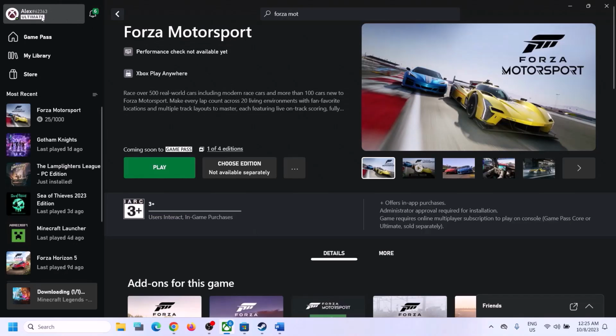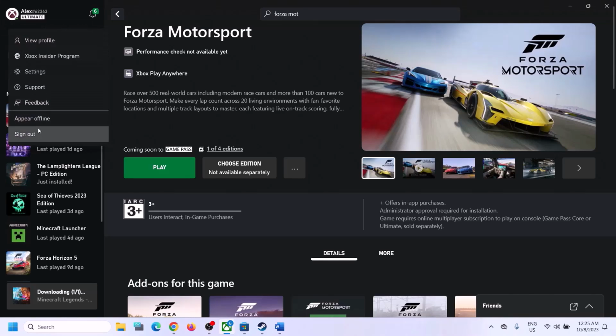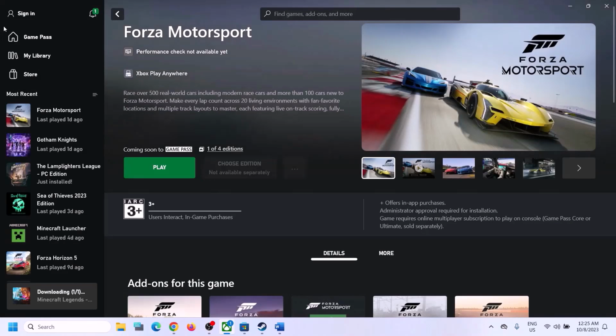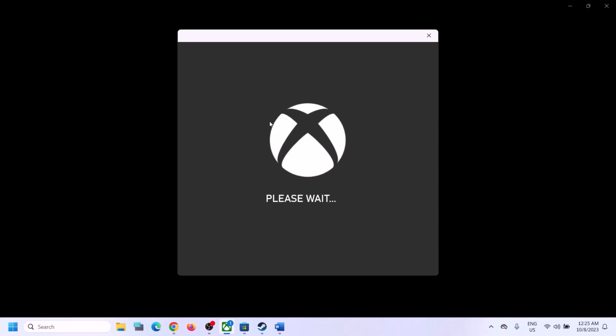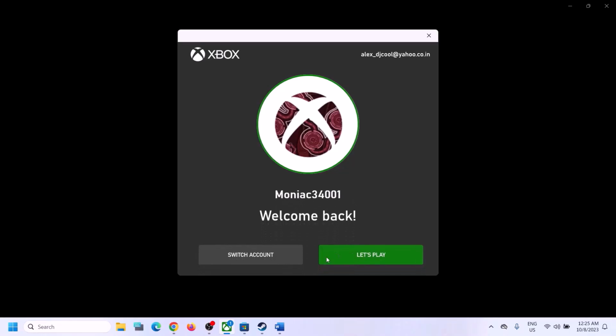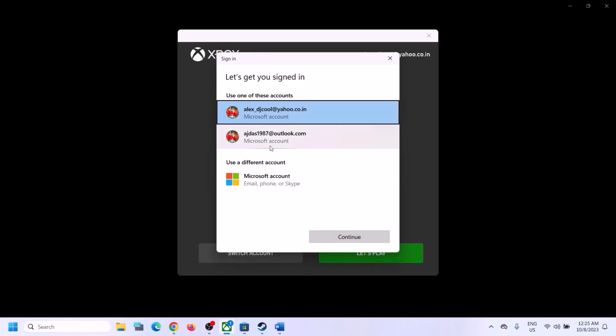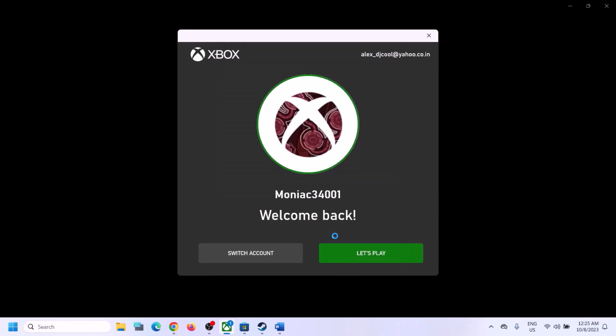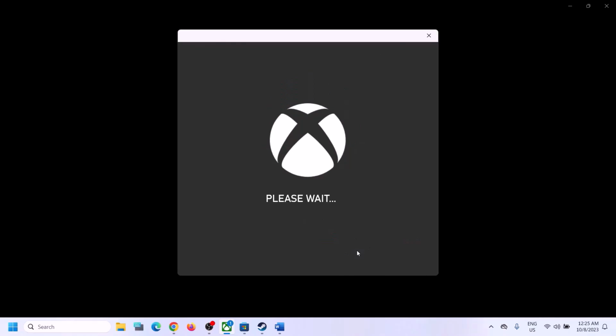Now open Xbox app. On the top left here you can see a profile icon. Click on sign out and then click on sign in, again sign in, and over here you have to select the same account which you have selected on Microsoft Store. So log in with same account on Xbox app and with the same account on Microsoft Store. So select the right account and then click on continue and then click on let's play,